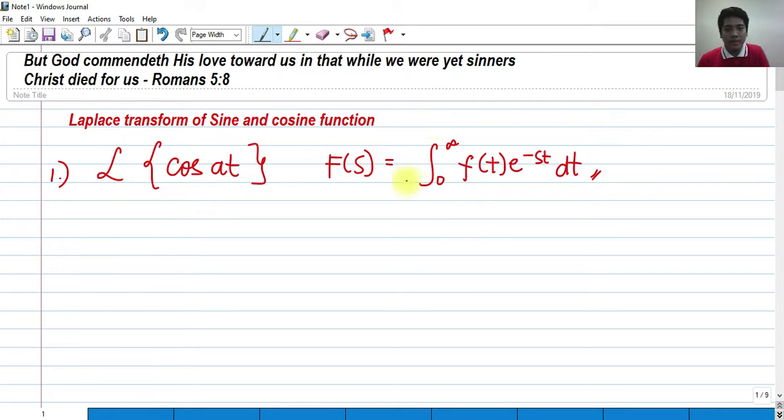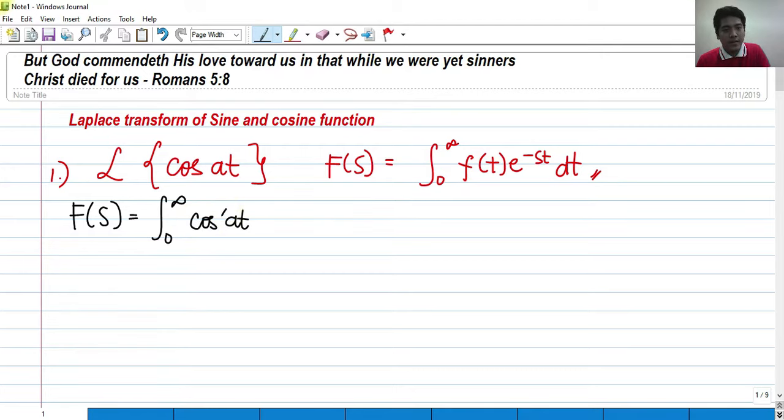So again, this is our formula. F of s is equal to the integral of f of t multiplied by e raised to negative st dt evaluated from 0 to infinity. So let's get started. How about we get the Laplace transform of cosine at, where a is any constant? So we are going to apply it in our formula again, wherein our f of t becomes